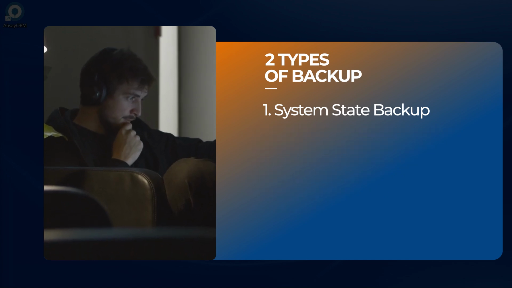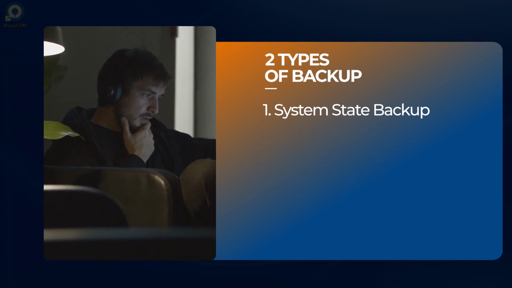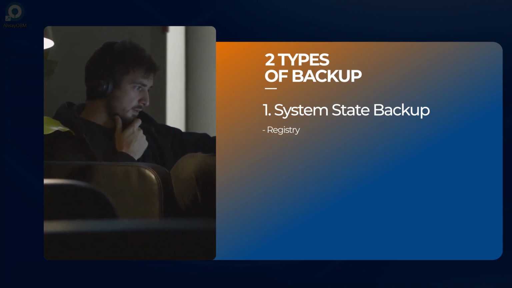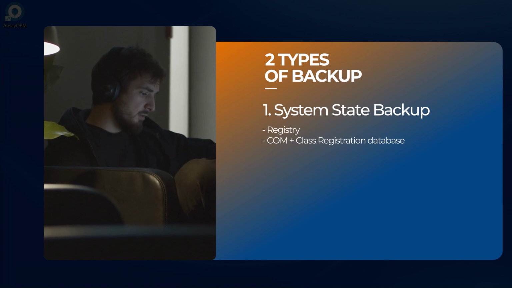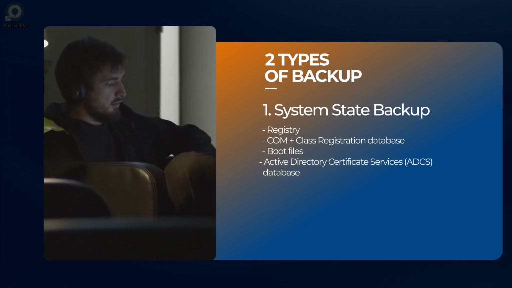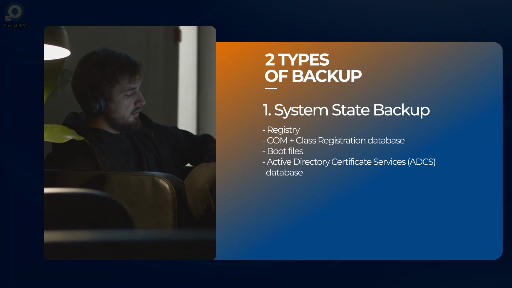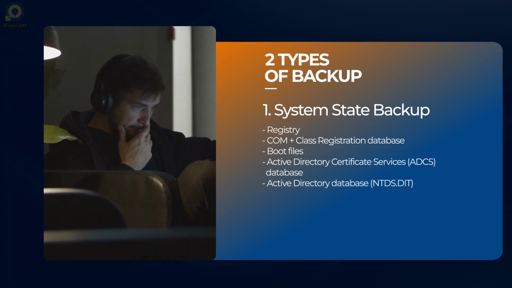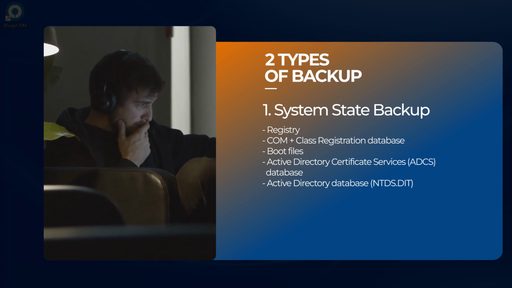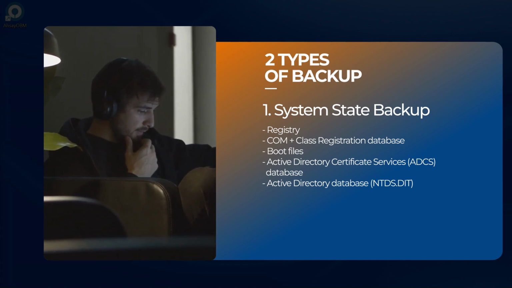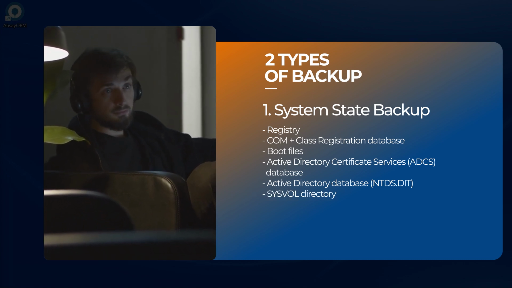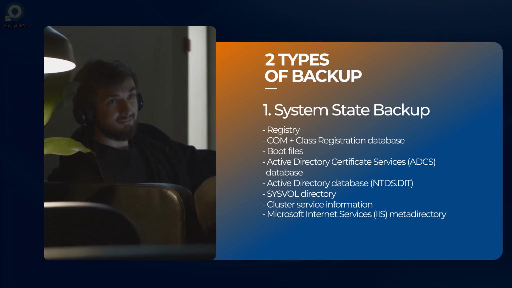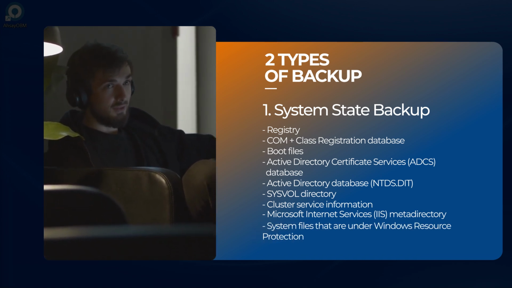A System State Backup includes at least the following data, plus additional data depending on the server roles that are installed, such as Registry, COM+ Class Registration Database, boot files, Active Directory Certificate Services or ADCS database, Active Directory database, specifically of New Technology Directory Services Directory Information Tree or NTDS.dit, System Volume Directory, Cluster Service information, Microsoft Internet Information Services or IIS Metadirectory, and system files that are under